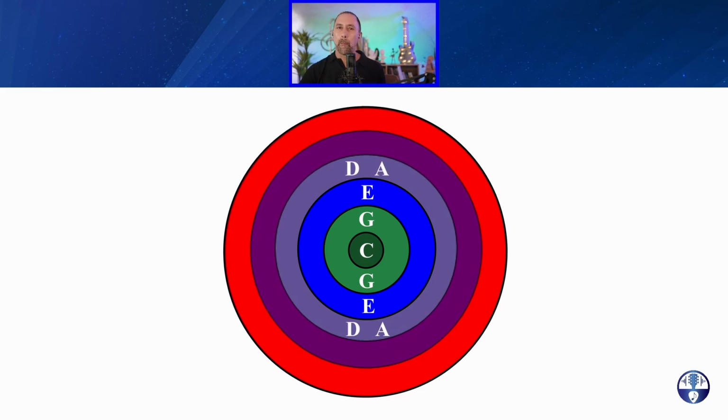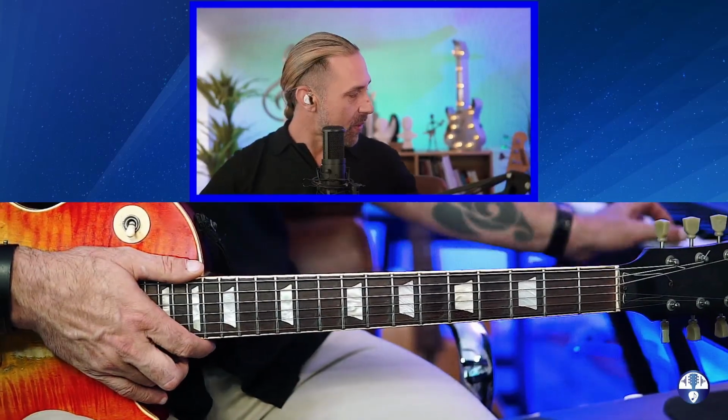Then we have our mild dissonances. This would be the letter D, which is the second note of the C scale, and then the letter A, which is the sixth note of the C scale. Mild dissonances are exactly what they sound like, notes that are not super offensive to the ear. Outside of that, we have the note B, which is the seventh note of the C major scale. This is more of a moderate dissonance. And then at the very edge, we have the note F, which is the fourth note in the C major scale.